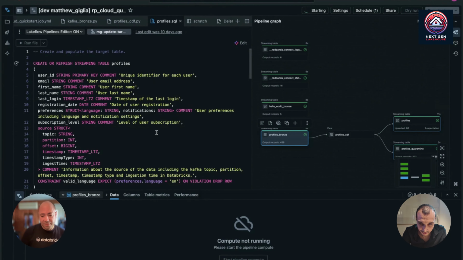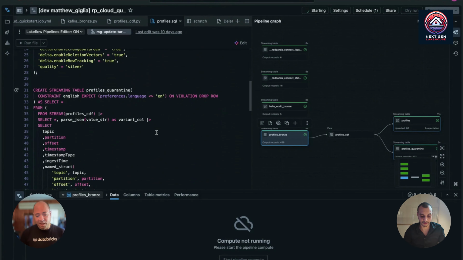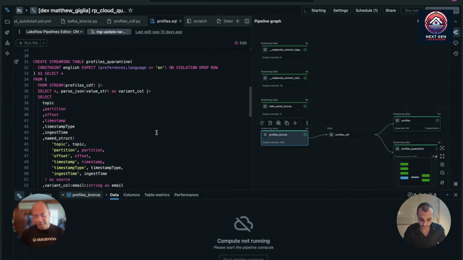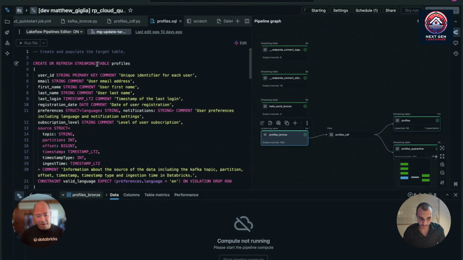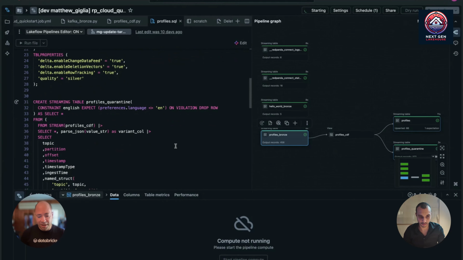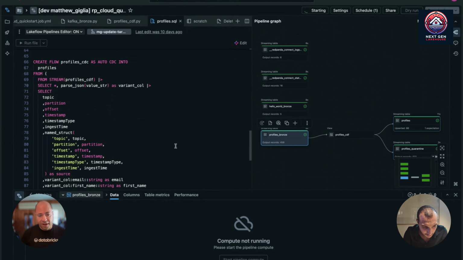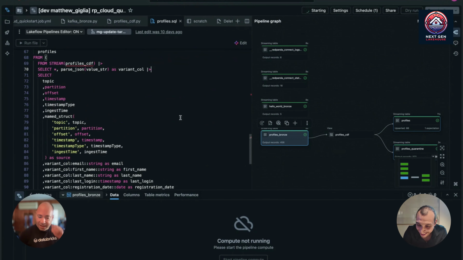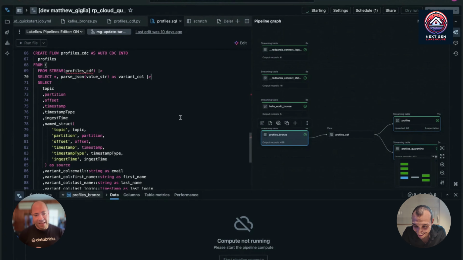And with Lakeflow declarative pipelines, you can really easily perform slowly changing dimension type 1 and type 2 things just by declaring, for example, a streaming table or maybe a quarantine table based on some sort of expectation where maybe we want to drop that. And then you can define a flow. So in this case, I'm defining a flow here called profiles CDC. So I'm bringing that JSON in,